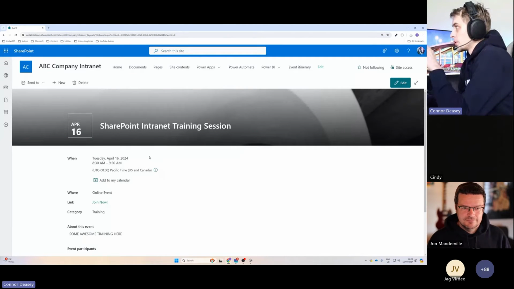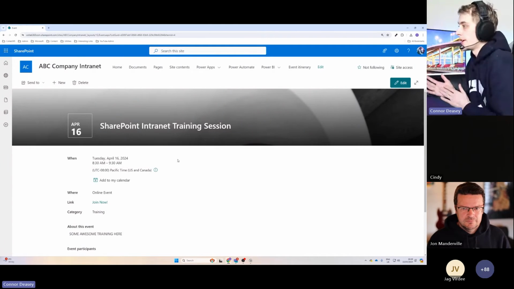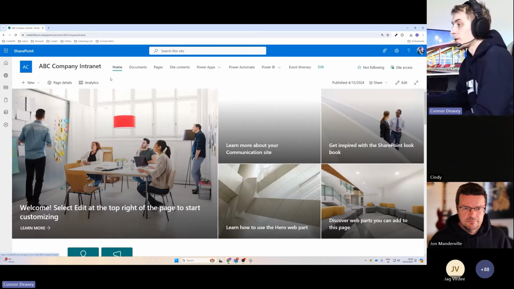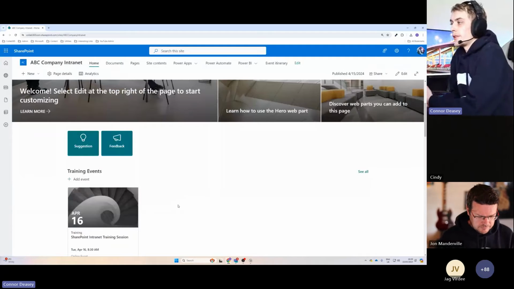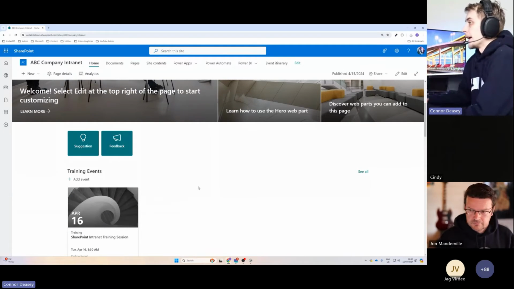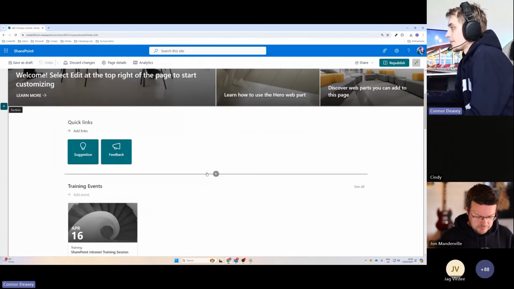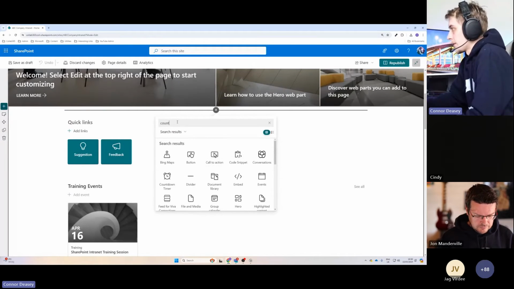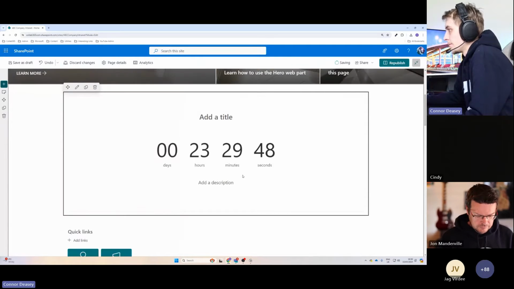Now, before I move on to a bit more of a customized option, the other thing that I would like to show is the ability to add countdown timers or countdowns. It could be a number of things, and in my case, I'm going to use this for doing a countdown to a specific event. Now, as I showed you when I created the web parts, if I go to edit, and let's go and add a web part, and we do a search for countdown. I'm just going to go ahead and add this countdown timer to my